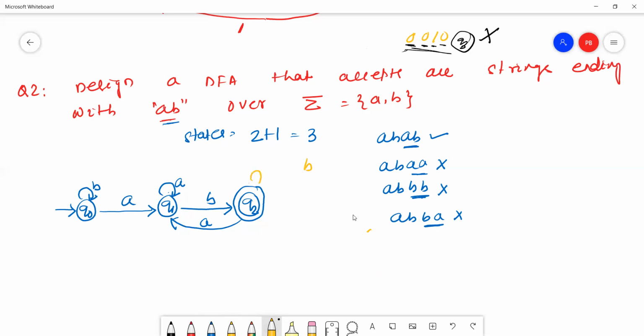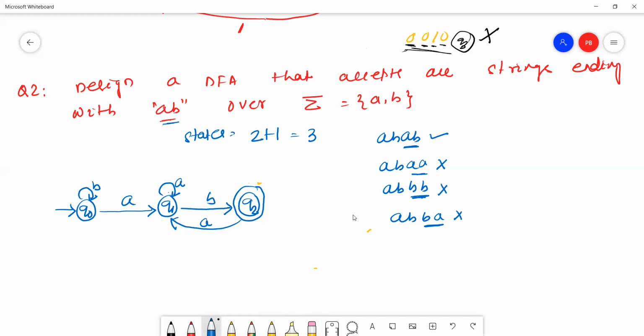No. If I give B on the Q2 state, the string may end with ABB. So I can't give B on the Q2 state.